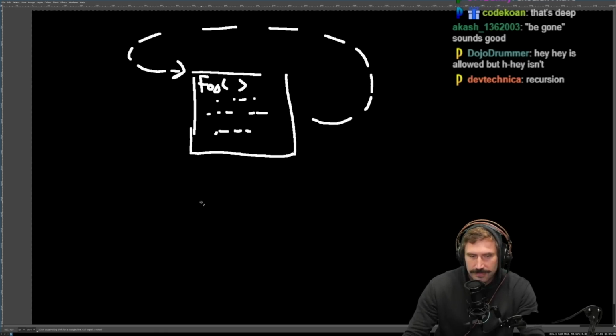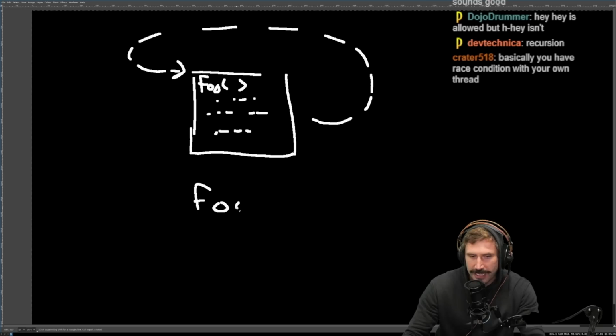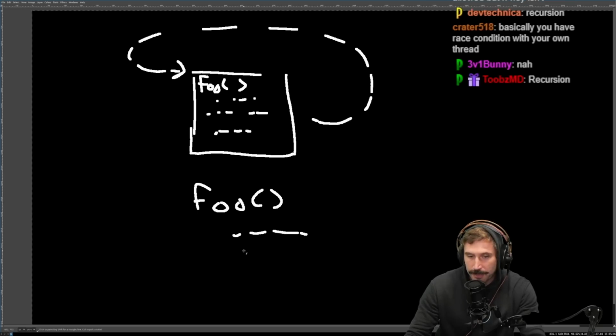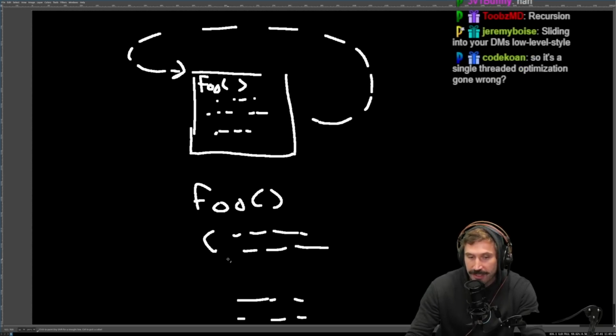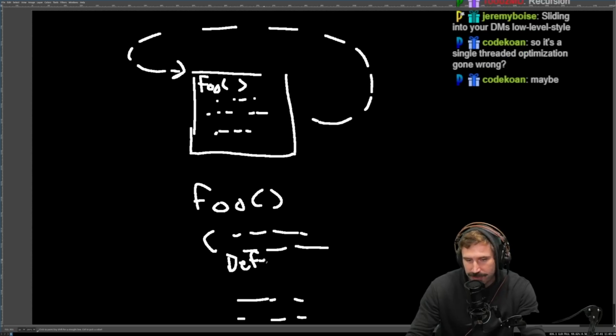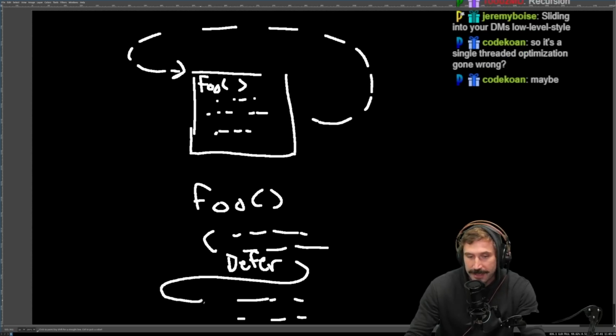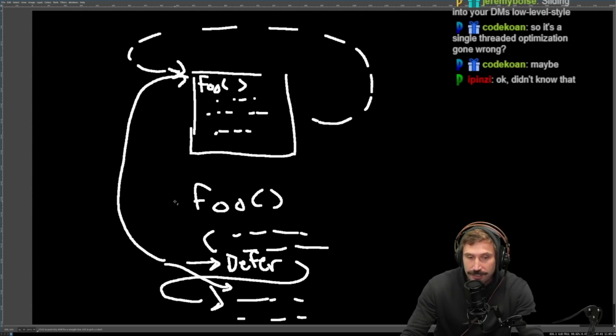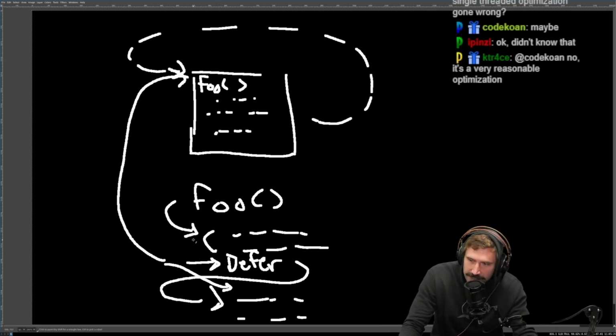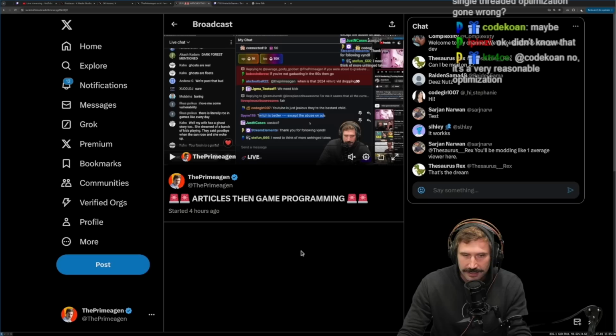But if foo at the very top sets up a bunch of state that needs to be unset at the bottom, effectively you have code up here, and then you have a defer statement, if you will. If this was Zig or Go, you have a defer statement which needs to be executed at the end. You could imagine that an interrupt would pause right here, no defer would be executed, and then you could re-enter into foo, thus clobbering your setup. So that's called reentrance, right? A reentrance problem is that.